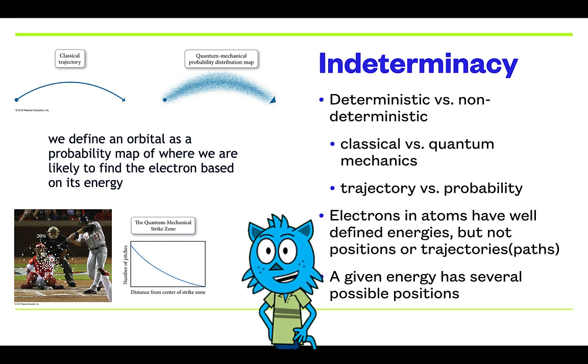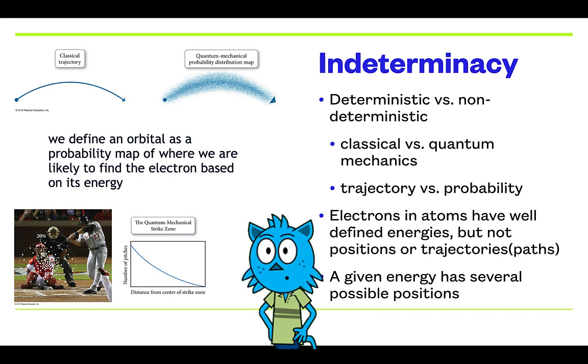Now, if the pitcher is trying to hit it right there, right into the catcher's mitt, most of the time it goes there, but sometimes weird things happen. Maybe it catches on his fingernail and ends up out here. Maybe a gust of wind happens and it blows it out here. Maybe his foot slipped a little bit and it ends up out here. Those things don't happen very often, but they do happen occasionally, and that pitch does not always go exactly where we think it's going to go.